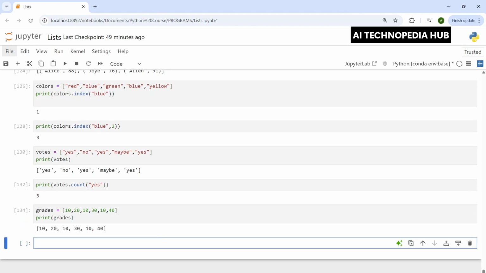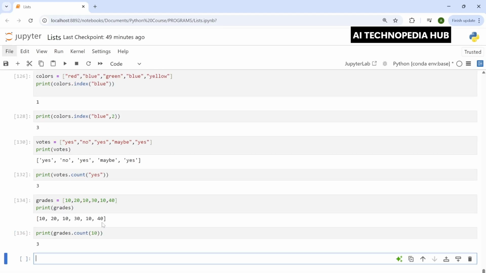Okay, so 10, 20, 10, 30, 10, 40. Now we can print grades dot count, and if we want to count the number of occurrences of the value 10, let's give 10 and print it. So it has given us 3 again. So this number 10 has occurred 3 times in the grades list.